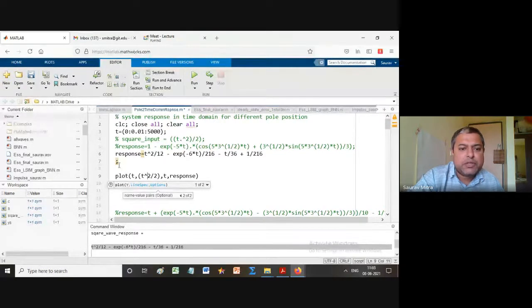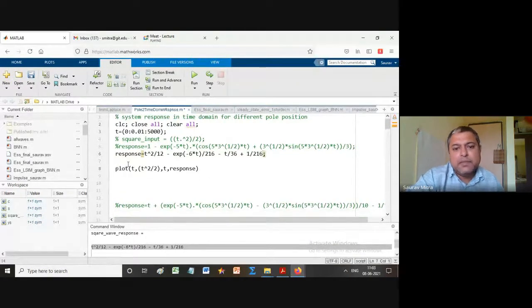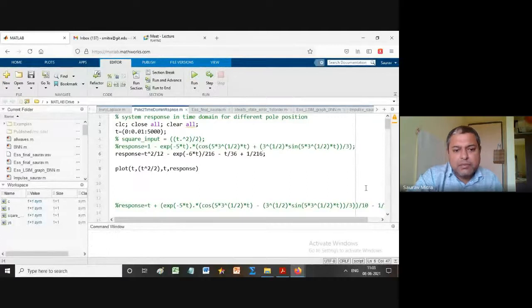And then with respect to t, you are plotting what is called the response, and the response is a response like this. This will probably not come, I think there will be some problem. Let me see. Hold on, time domain response. Let us see what it gives us. Okay, so here you will be finding the problem.